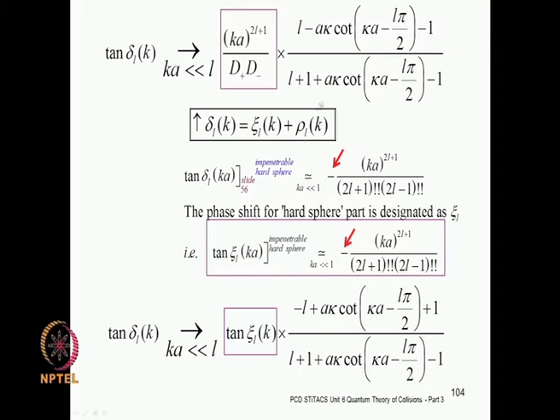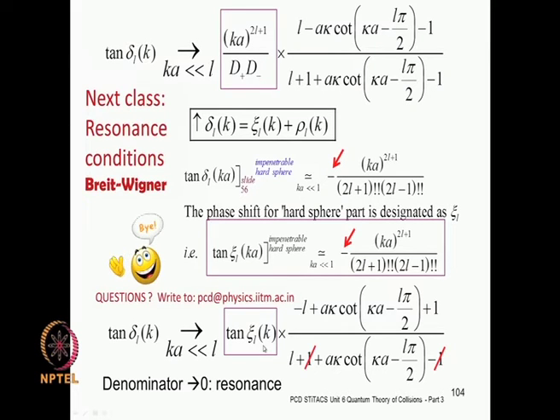Okay. So, I have adjusted the minus sign over here. So, you have this net expression for the phase shift, in which you have one part coming from the hard sphere, impenetrable sphere, and the remaining part is coming from the